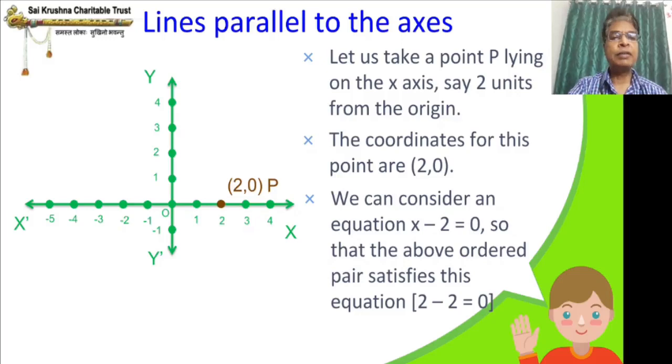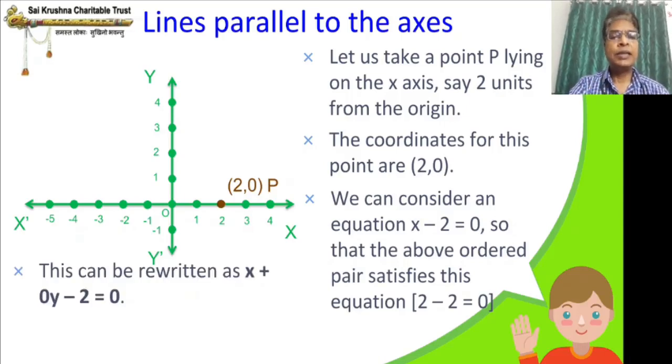This is equivalent to an example, I don't remember the number, where we saw one point, 2, 2 or some point. So many lines were going through that point. So now what did we do? For that point, to satisfy that point's coordinates, we made one equation. So now we have considered an equation x minus 2 equal to 0.